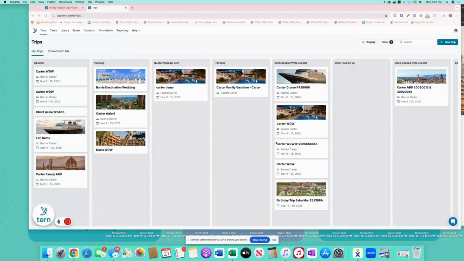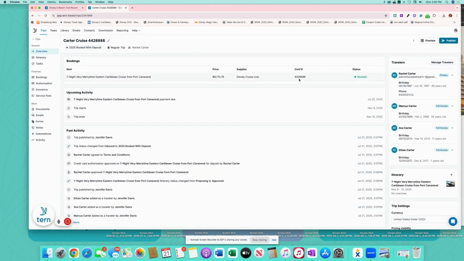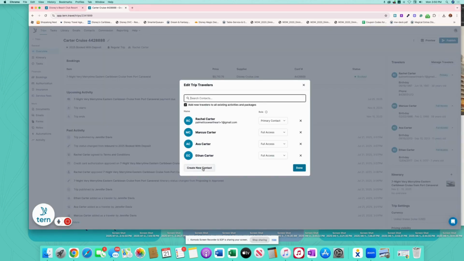Our favorite client has called us up and said that they need to add on a stateroom to their cruise. Now, if this was traveling family members that were going to pay for their own, I would start a new trip. But my client is actually going to be paying for this extra stateroom, so we're going to add it to our client's trip. So in the overview, of course, we're going to manage travelers, and we're going to add,